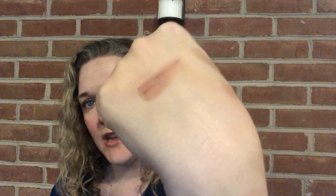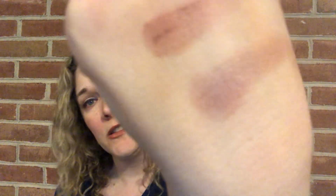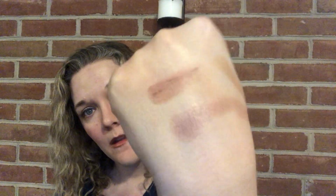So why don't we go ahead and swatch these, and I'll just do the top row from left to right and the same with the bottom row. That feels really smooth. Like I said, they're soft and you can definitely build these colors, and I like a softer look anyways. I don't know, that one didn't swatch. They are very, very soft. I guess you can always build it. That purple one does feel very soft, and it has a slight sheen to it. It's definitely better than the formula